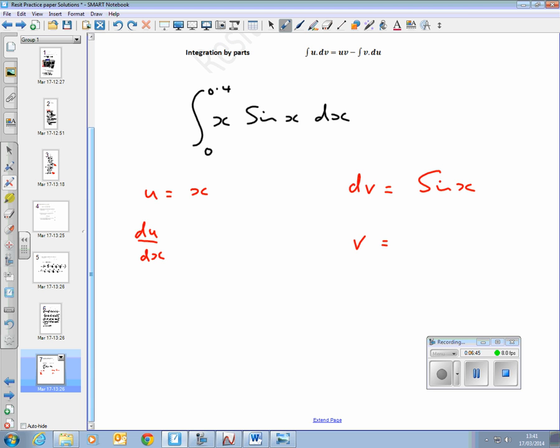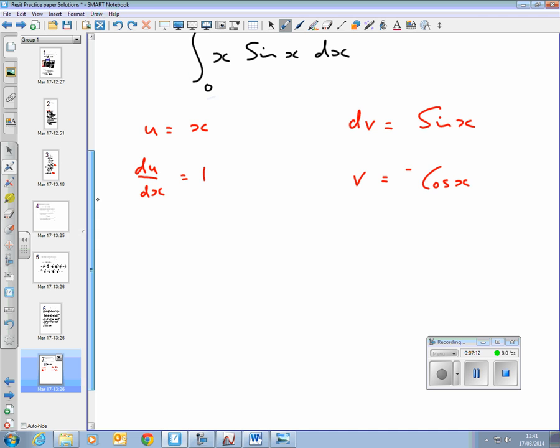So du by dx is just 1 because the differential of x is 1, and the integral of sine x from the table of integrals is minus cos x. We don't worry about the c at this stage, we just put that in right at the very end if we need to, but actually in this particular case, because we're doing a definite integral, we don't bother with c at all. So I can now say, putting these in, that my original integral